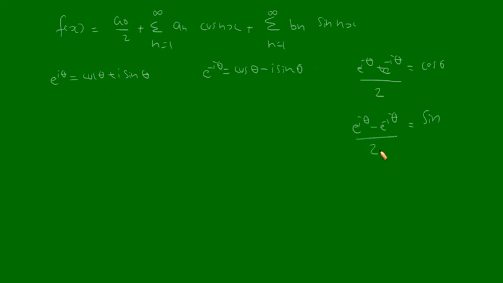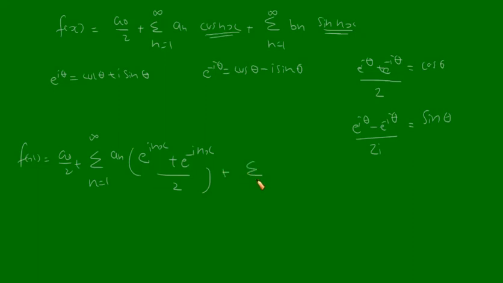And so sin theta is equal to e raised to i theta minus e raised to minus i theta by 2i. Okay, now using this equation, you can substitute for cos nx and sin nx. So f of x will be equal to a0 by 2 plus summation n is equal to 1 to infinity an into, now what will be cos nx? Cos nx will be equal to e raised to inx plus e raised to minus inx by 2